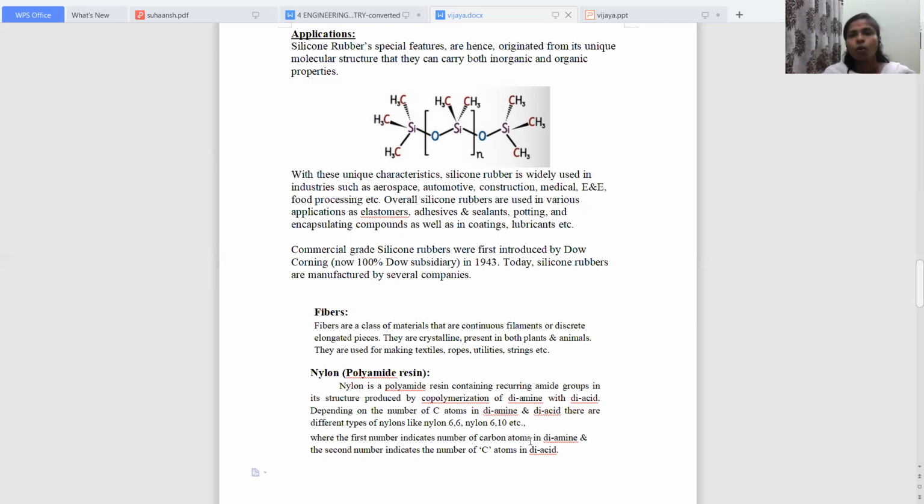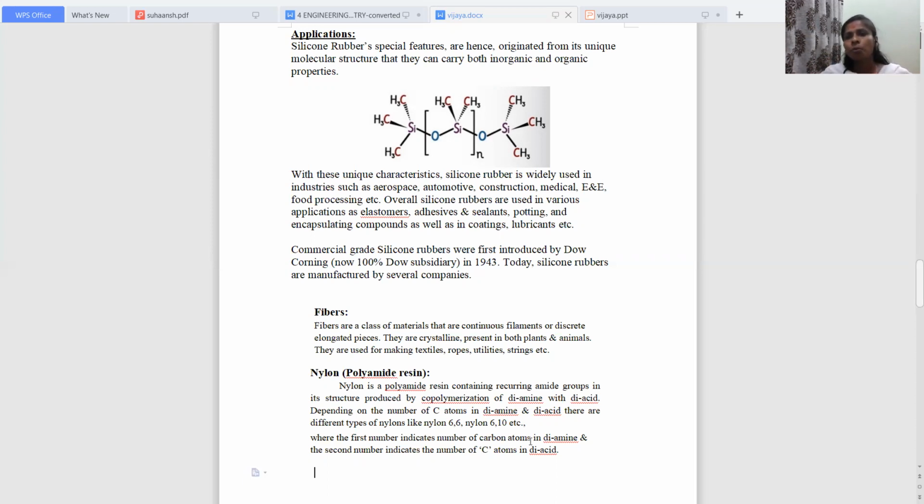Fibers. We have seen plastics and rubbers, but compared to them, fibers have more strength. These are the hardest materials, whereas rubber has an elastic nature and is not hard. Plastic can be heated and converted into a soft material, and it hardens again by application of heat. But fibers are the toughest, strongest materials.